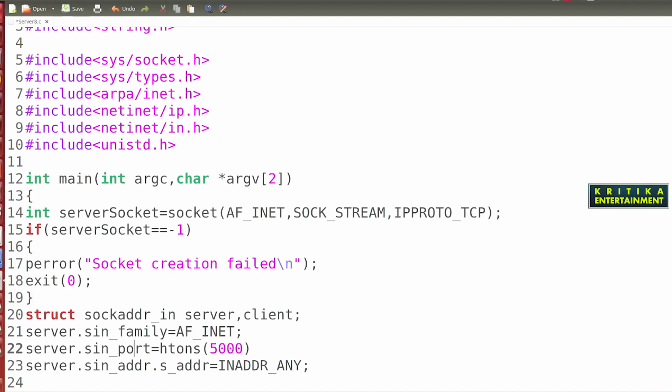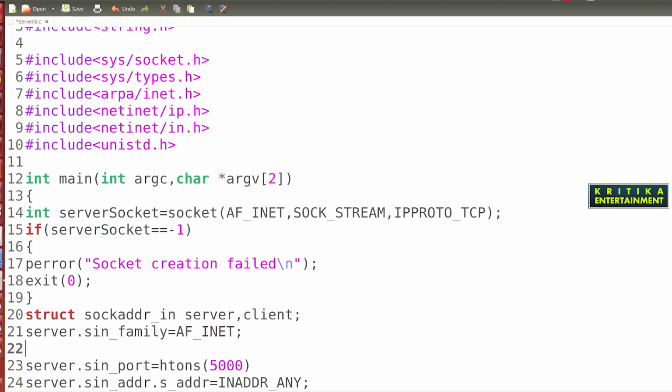I repeatedly want to change the port number, because if I use the same port number, it will display that the port is already used.